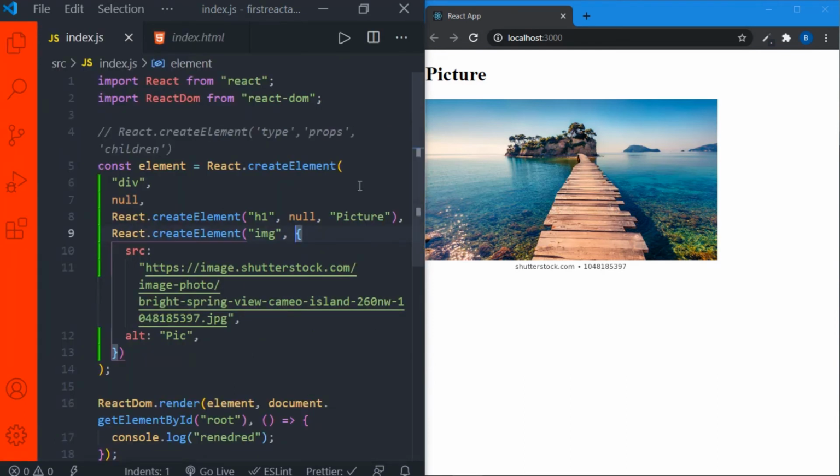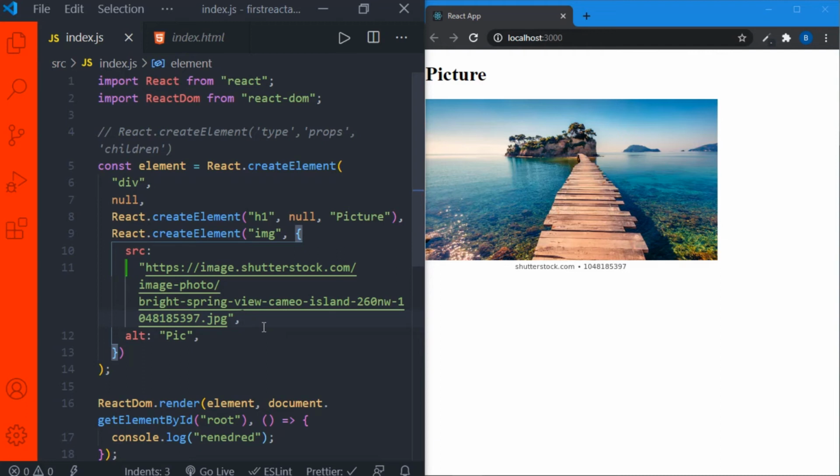See, now with the help of this createElement, the first thing we have done is we have created a div tag inside which we have two React elements. The first one is an h1, that is a picture, and under that we showed an image. So like this, we will create React elements and we will render them onto the screen. But say if you want to show 10 pictures or 20 pictures, imagine how the code will be. It will be nested and going on.